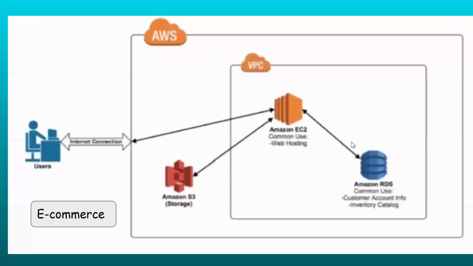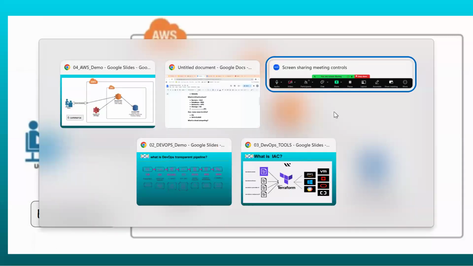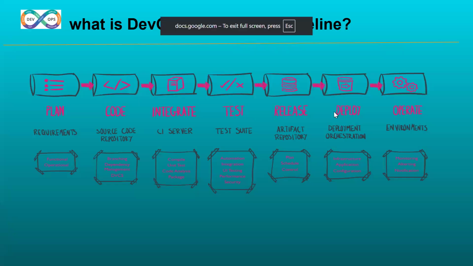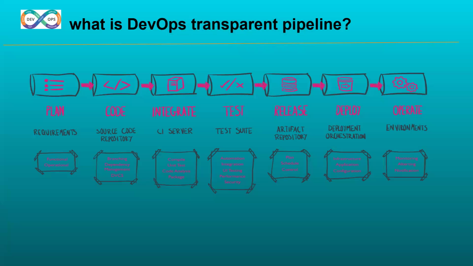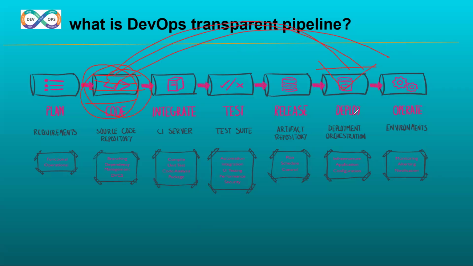We are able to get it from cloud. On top of this infrastructure, we are going to be implementing an automated DevOps transparent pipeline. DevOps is an automated process. Whatever lines of code are written by the developer, we are going to make working software and deliver it into the production environment within the shortest time, with high quality, low cost, and low failure rate. That is exactly what DevOps is.